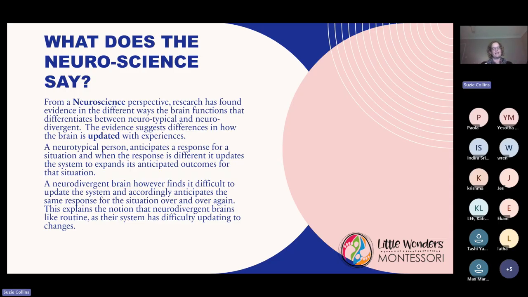This little bit of neuroscience actually explains that notion that neurodivergent brains like routine, because the system can't update the changes. If we keep routines in place and we know outcomes from particular situations are the same, then we don't come across this difficulty of updating the system. That's my tiny little bit on neuroscience.